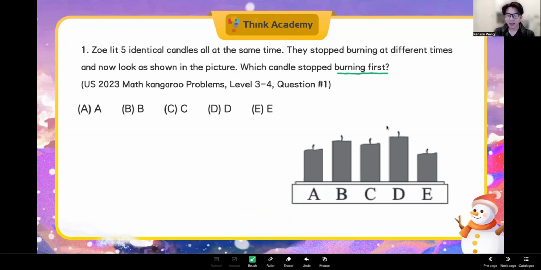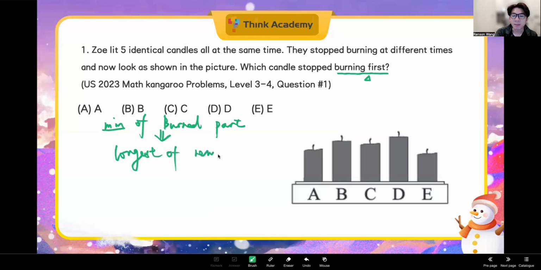Okay, everyone. Here, the picture just shows the candles with different lengths, and we want to know which candle stopped burning first. So what does stopping burning first have to do with the different lengths? We know that if a candle stopped burning first, that means it has the minimum part burned, right? So if we have the minimum of the burnt parts, that means we have the shortest burnt part, and we're going to have the longest remaining part,